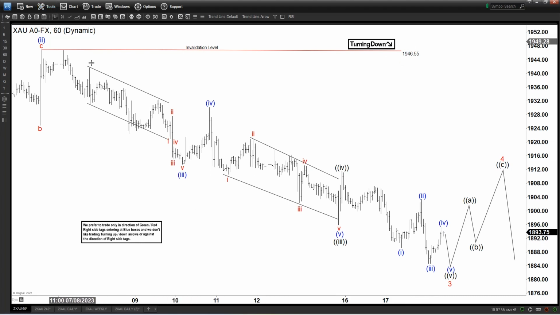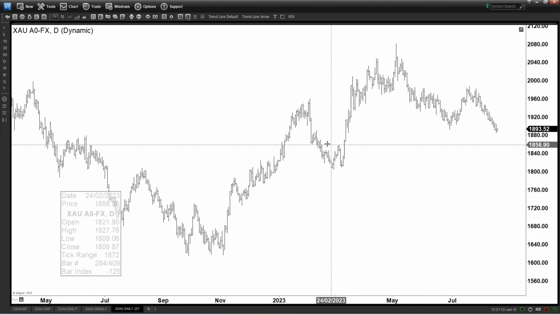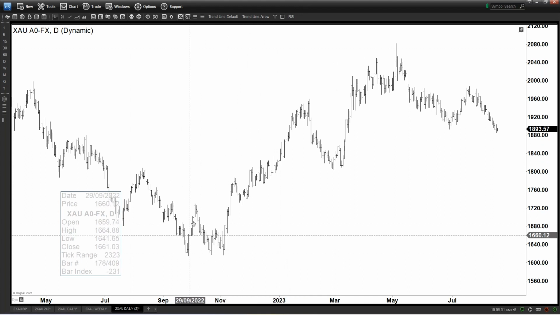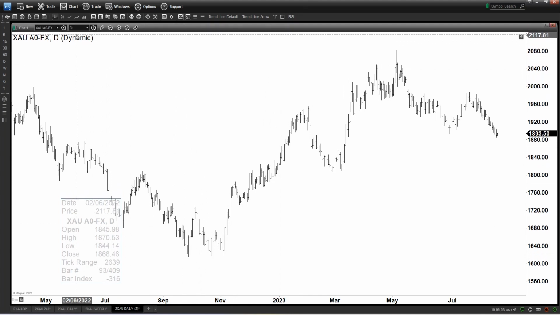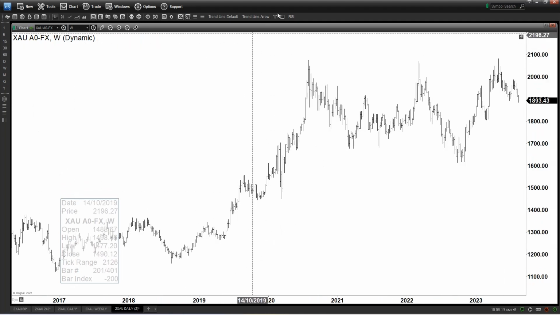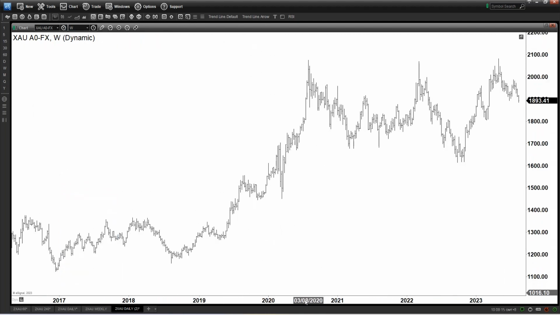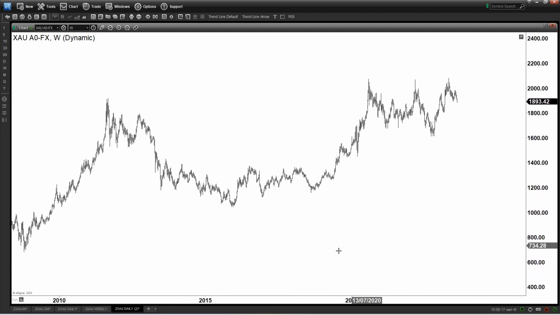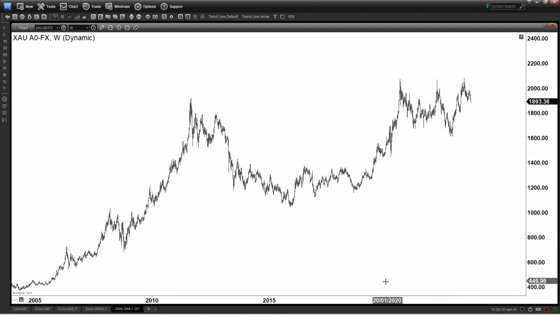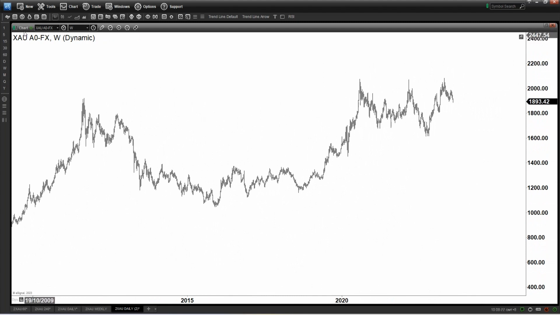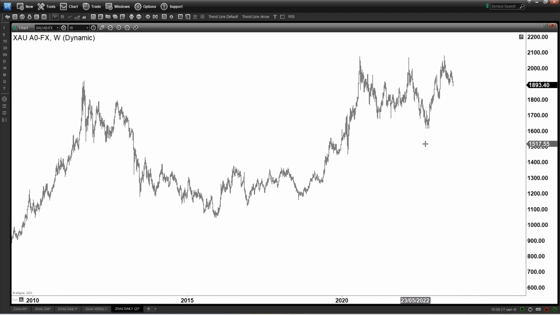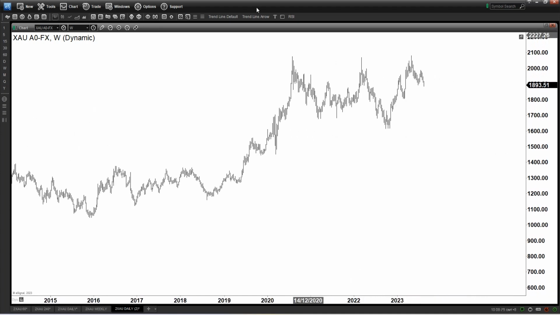I'm gonna zoom out to daily time frame. Okay, so this is the daily time frame, and I will zoom out even more. Maybe we can go to the weekly, and we can evaluate from the higher degree time frame what we can expect here. Alright, so from the higher degree time frame, I'm zooming out as far as I can get. If we are looking at the spot gold, XAUUSD, not gold futures but spot gold, we notice here that